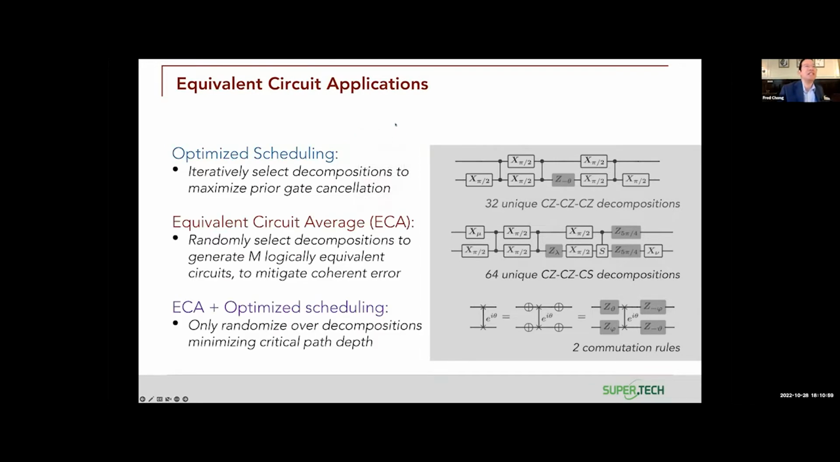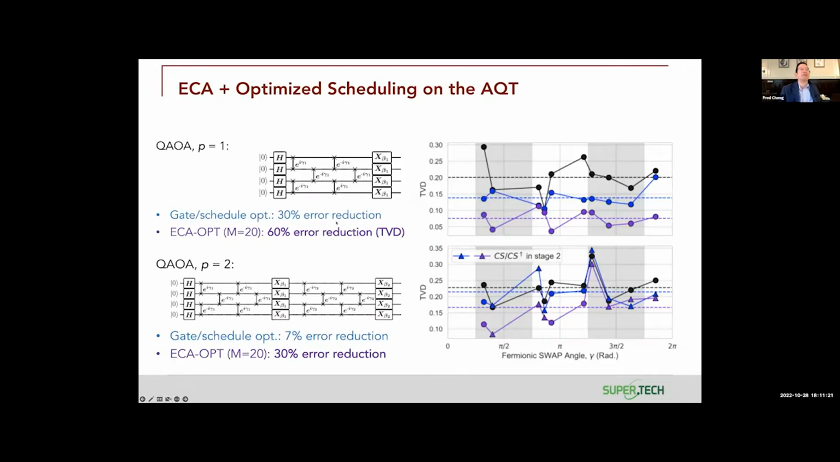But even more interestingly, it turns out you can do this thing, which is a little bit like randomized compiling with no cost, which is we do something called equivalent circuit averaging, where we randomly select decompositions that are equivalent, as long as they don't increase the circuit depth, right? And so what we get there actually is